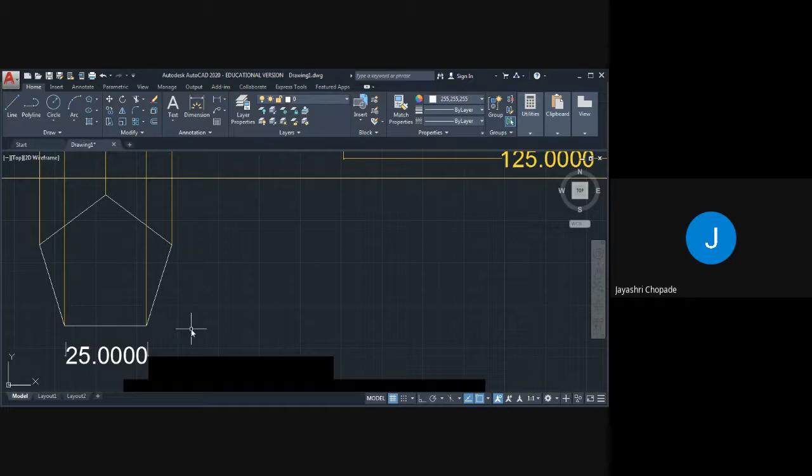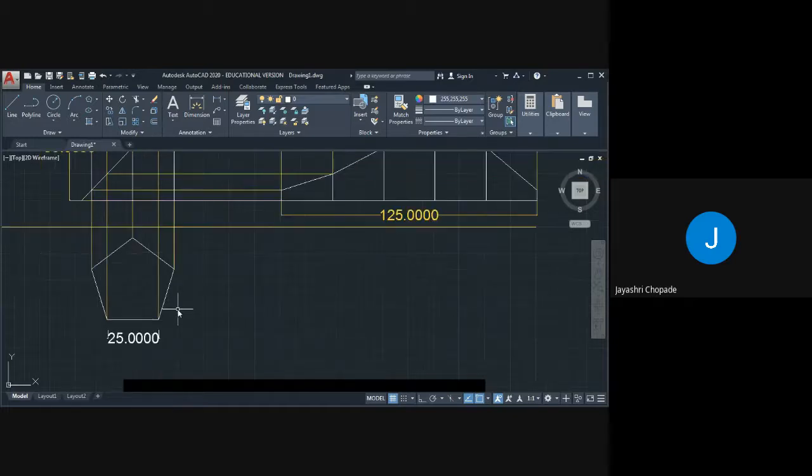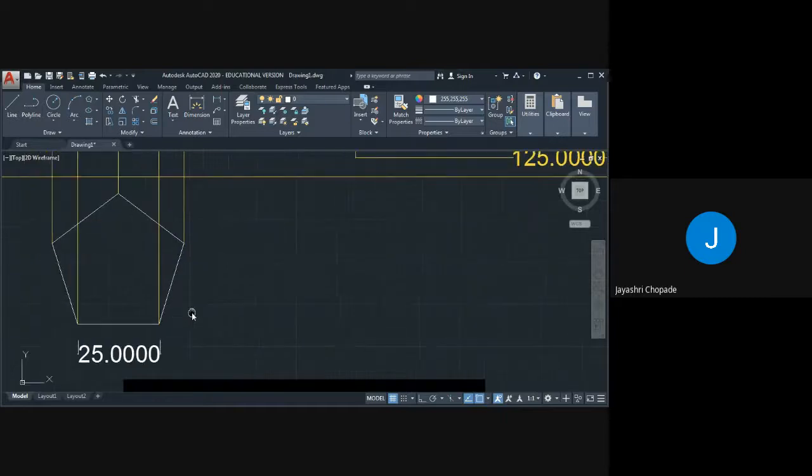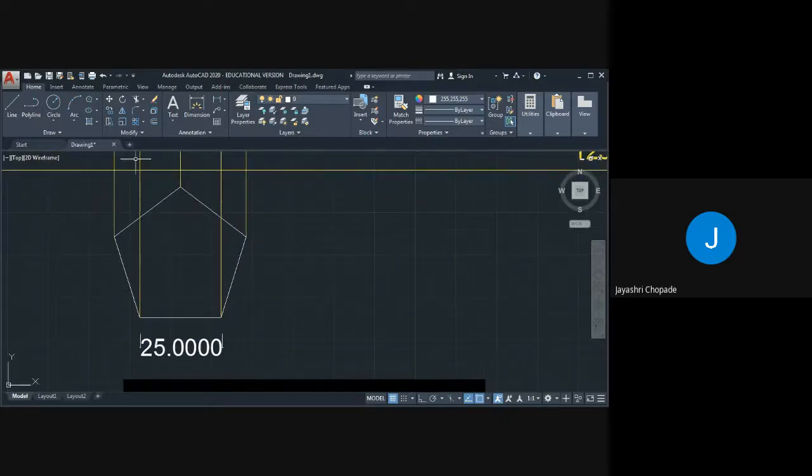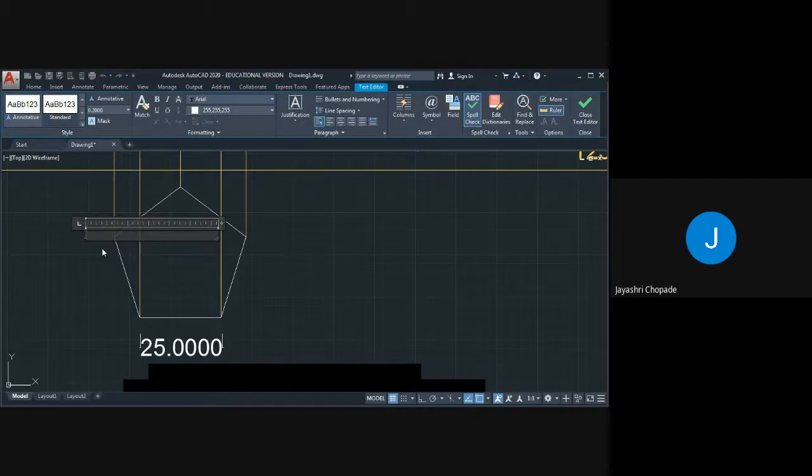As you know, this is the prism, so top and base will be same. So we need to give name. Go to multi-text, select and write 1 or ABCD. First of all, we will give select text height, here we will give 4.